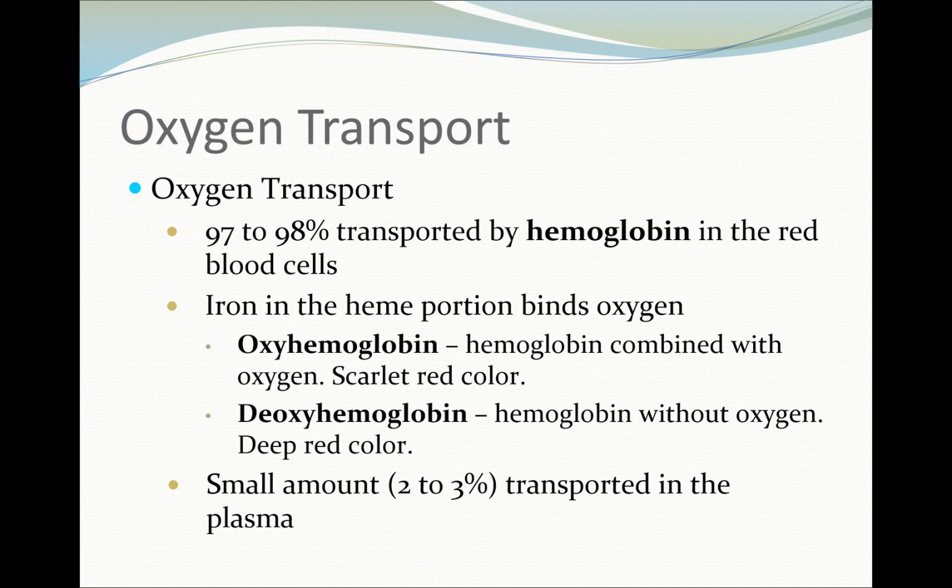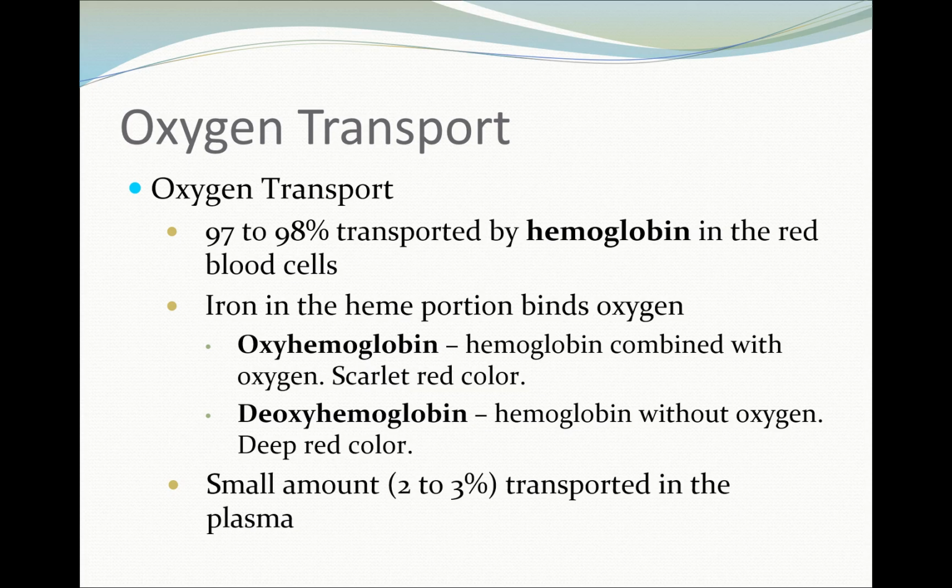All right, so how are we transporting all those gases through the bloodstream? Well, we're doing it through hemoglobin. So 97 to 98% of oxygen is transported by hemoglobin in our red blood cells. It is the iron, which is the heme portion of hemoglobin. Globin means it's a globular protein, a circular globe-shaped sphere. And the heme is going to refer to the iron in the center, and that's what's going to bind to